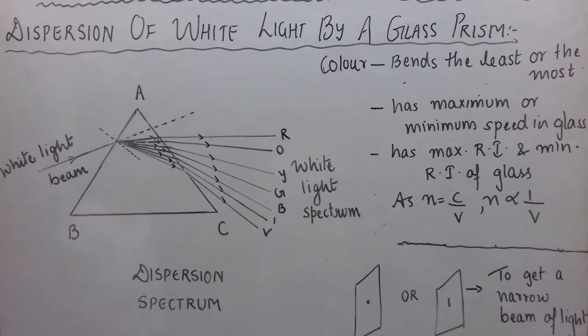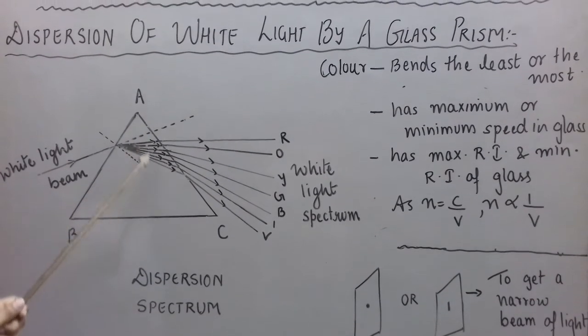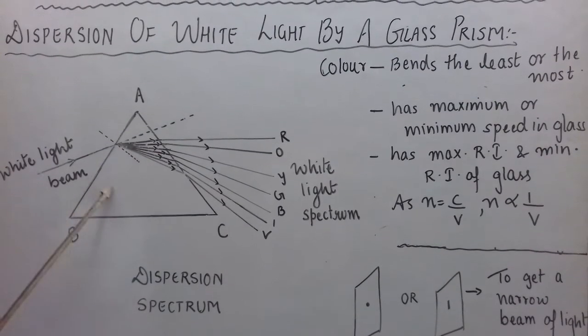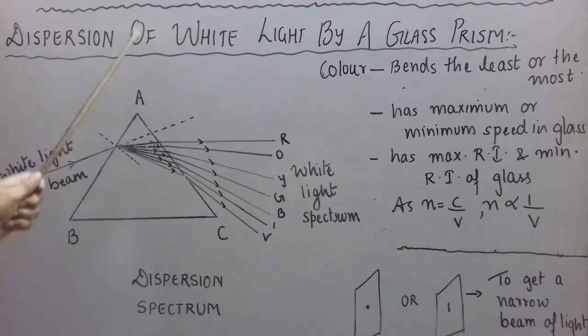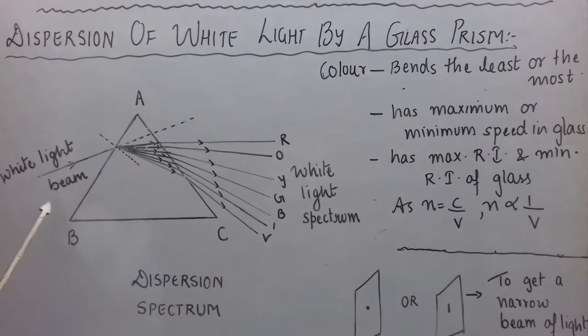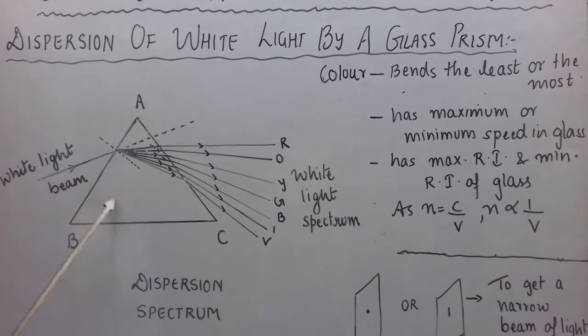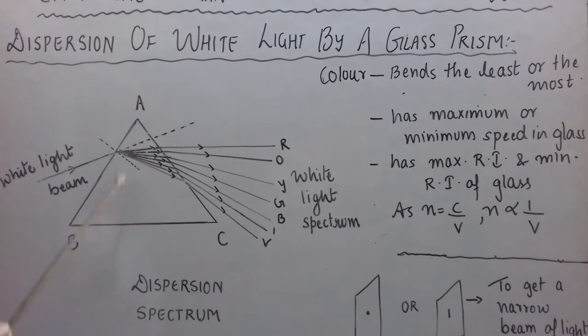Because their frequencies are different, that means the colors are different, they will have different refractive index values, and we also know their speeds are different in glass. So when they have different speeds, their bending will also be different. Okay. So what is the main cause of dispersion of white light? If I ask you, the main cause of dispersion of white light is that different colors have different speed in glass. They do not have the same speed in glass. So as different colors have different speeds in glass, they have different bending,